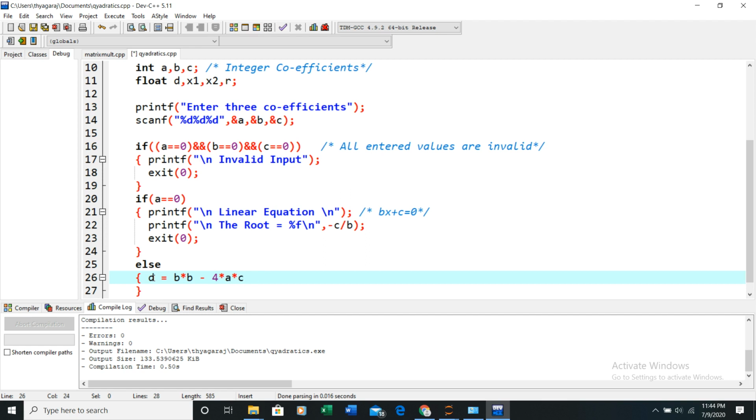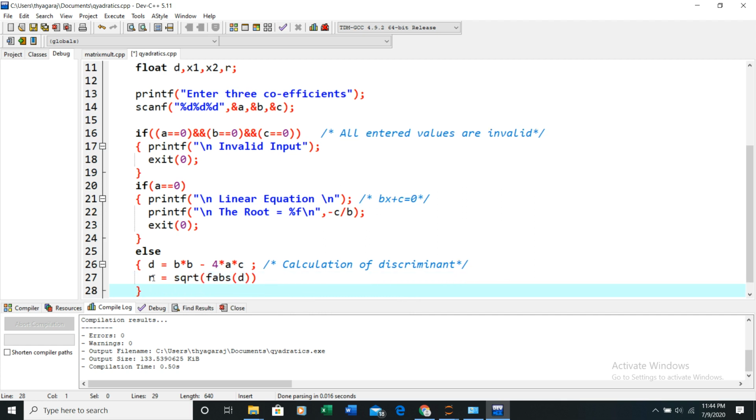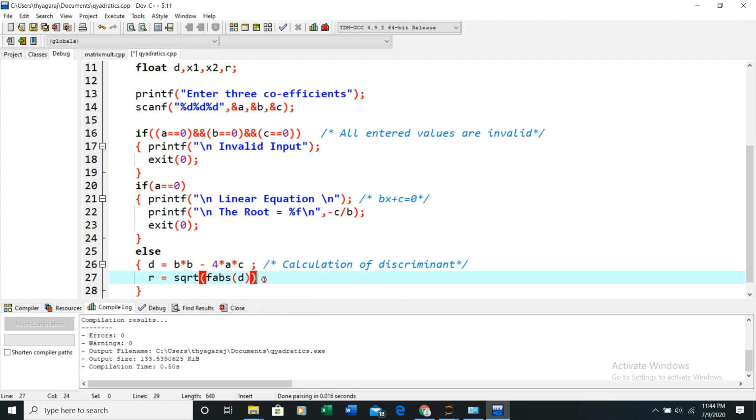Okay, this we will call the discriminant. Calculation of discriminant. Then r equal to square root of, r is an intermediate variable required for further root calculation. Here we have to take the absolute value of d, that is b square minus 4ac. Sometimes it becomes negative. In that case you will have to take